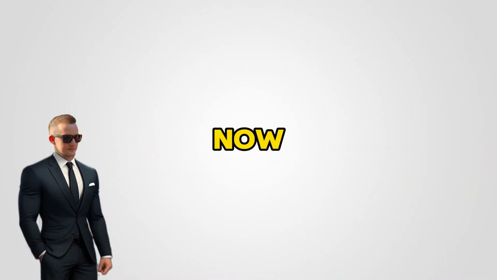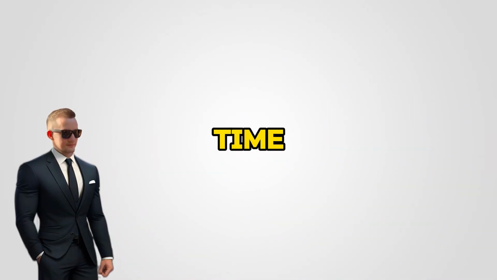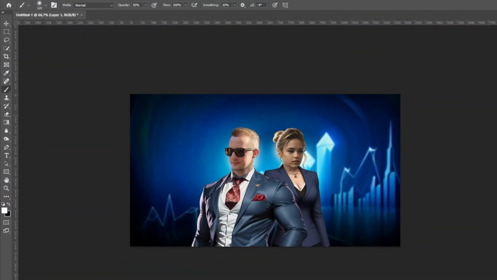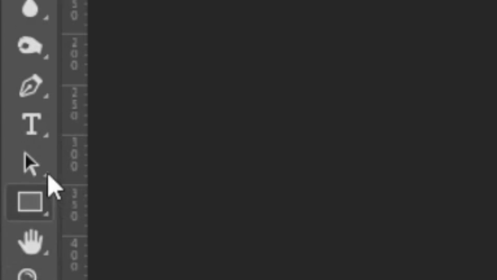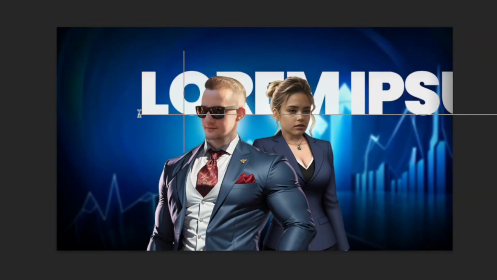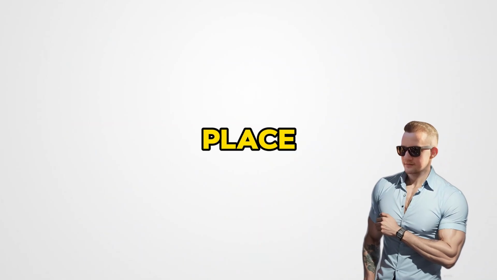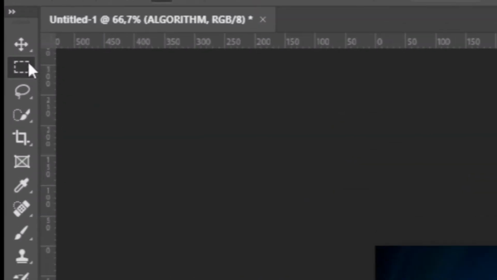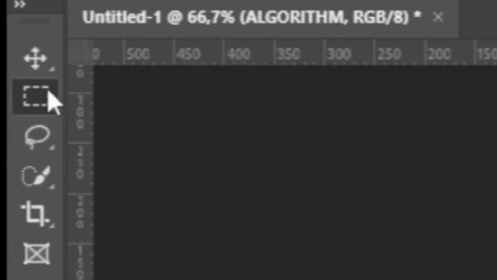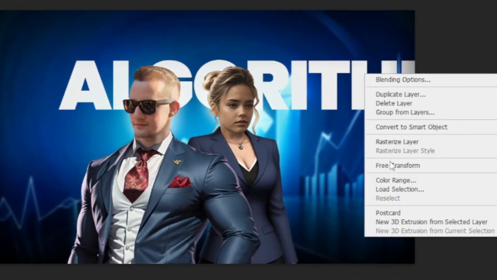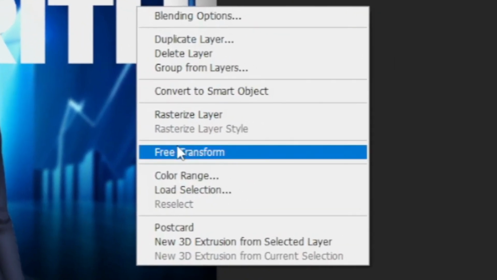the opacity. Now that we're done with the image part, it's time for the next important step, adding text. For this, we'll go to the left-hand side menu bar again and select the T icon. This is for text. Click inside the box to edit and write whatever you want to write. Now, you need to place it perfectly. So first, I selected the rectangular marquee tool from the left-hand side menu bar and then right-clicked inside the text box. A menu appeared and I selected Free Transform.